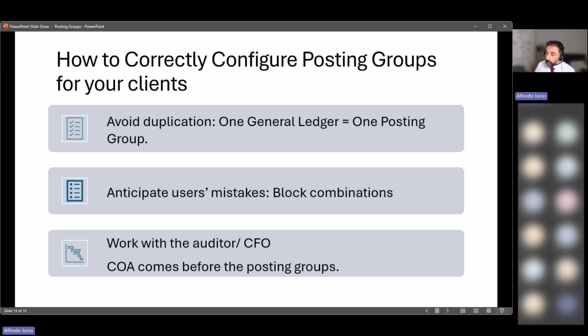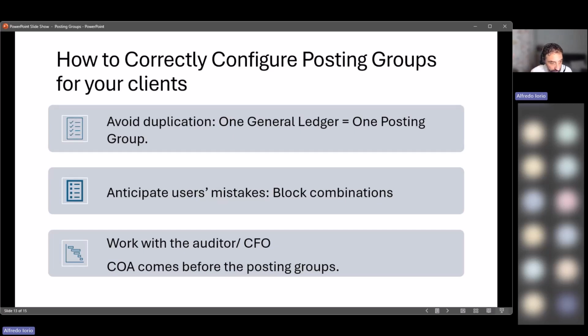Anticipate users' mistakes. So expect users to make mistakes, particularly when you start working on a new implementation. And it's normal, right? New software, a lot to learn, right? The client is going to go live with a new software and they're just learning new stuff. So expect people to make a mistake, block a combination. You know that certain combinations should not really be allowed, and Business Central allows you to have that one blocked, particularly the combination where posting groups are blank. So you avoid having transactions hitting the ledger without a posting group,